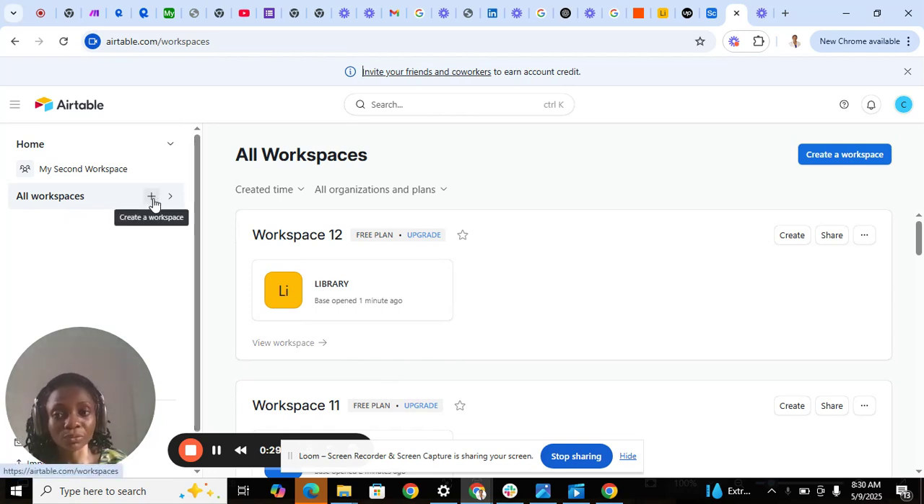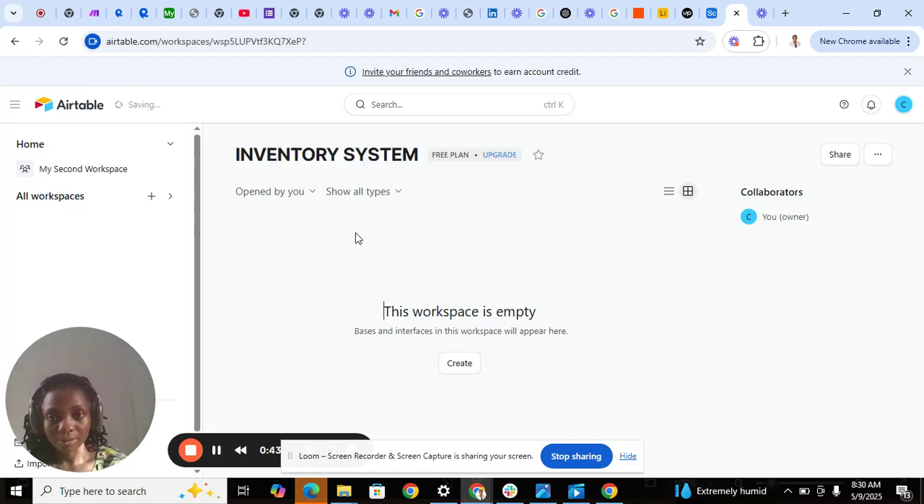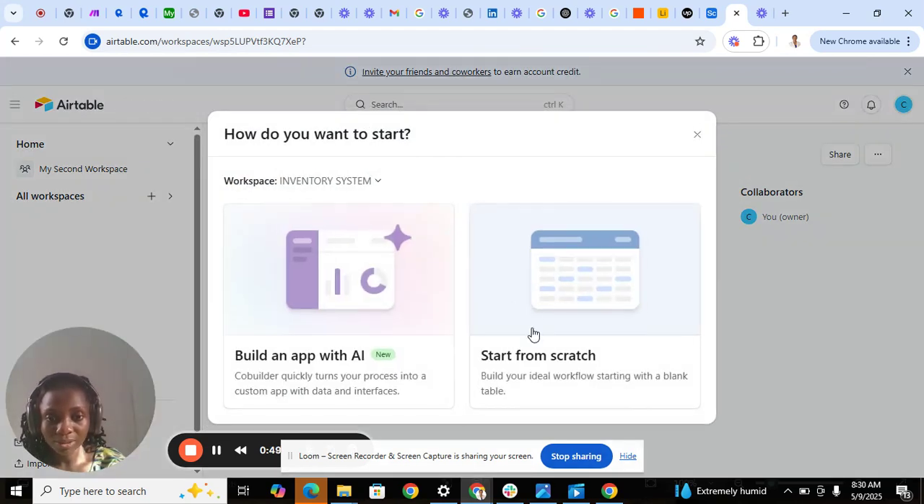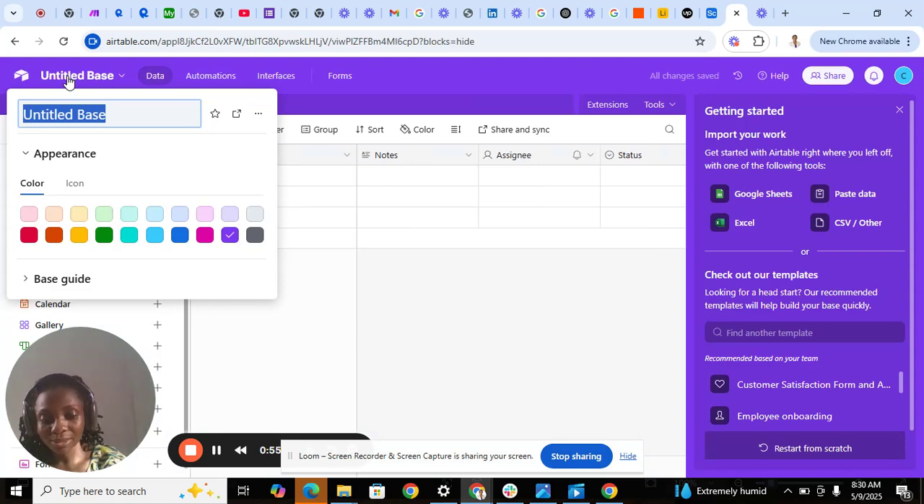When you want to create a workspace, you just click on add workspace. You name your workspace. We can say inventory system. Then we'll click outside, then click on create your workspace. We can start from scratch, and then we title our base